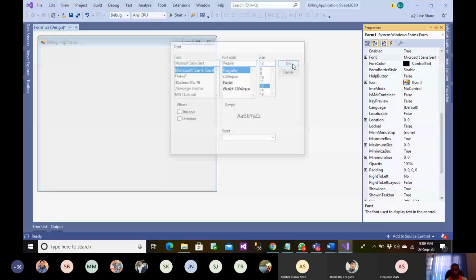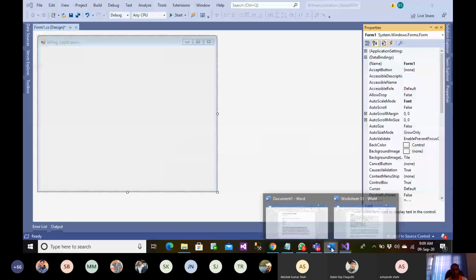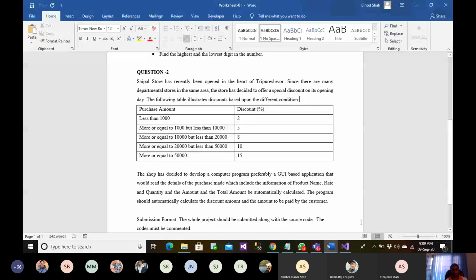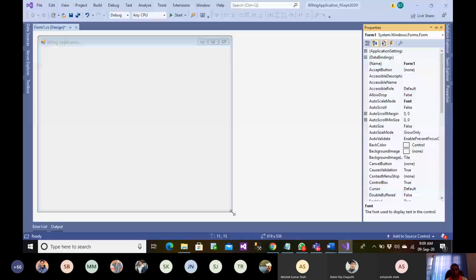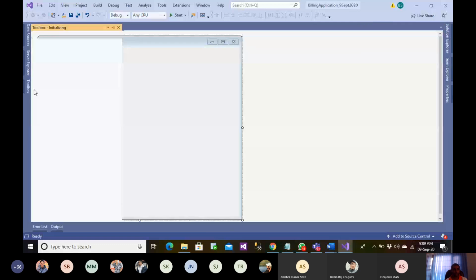And let me say the question, what is it? Saipal store. Okay, so let me just have a toolbox. Let me take a label. Let's put it here.